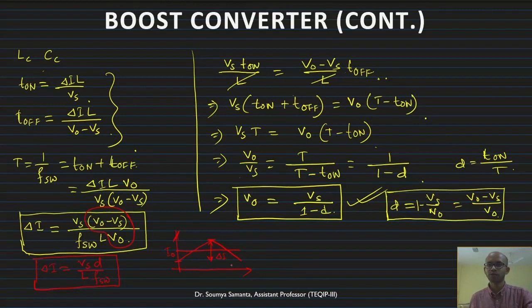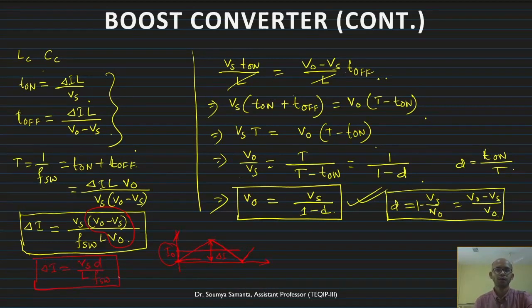If this is the continuous condition, suppose this is the 0 line and it is touching this 0 line, immediately it is going up. So there is no discontinuity, just touching and going. In this case, delta I can be twice of I0. It is the average value of the load current, and the same current will flow through the inductor also, the average value of the inductor current.